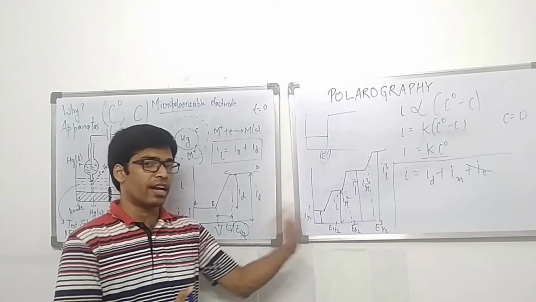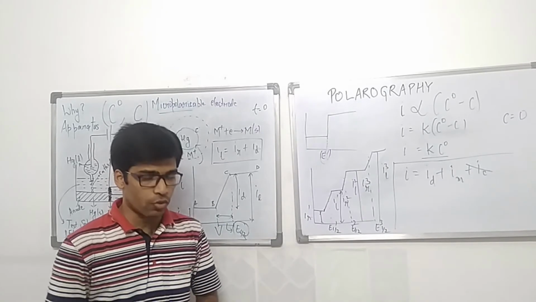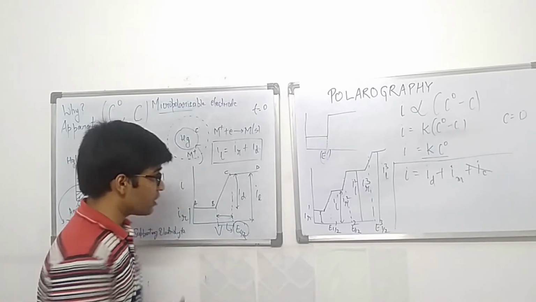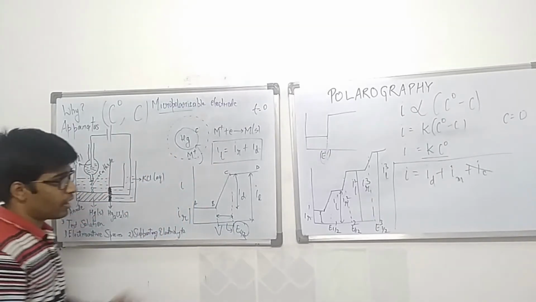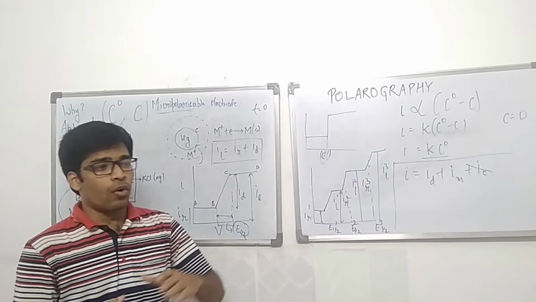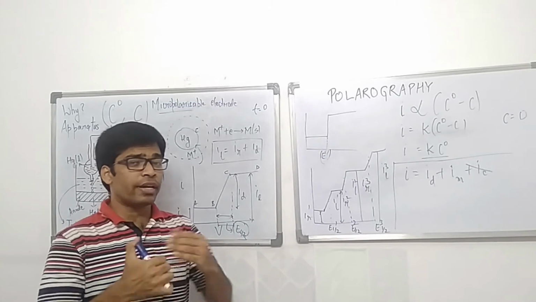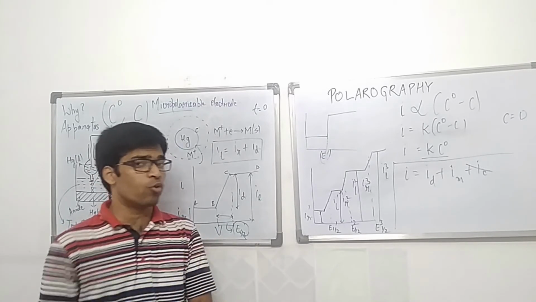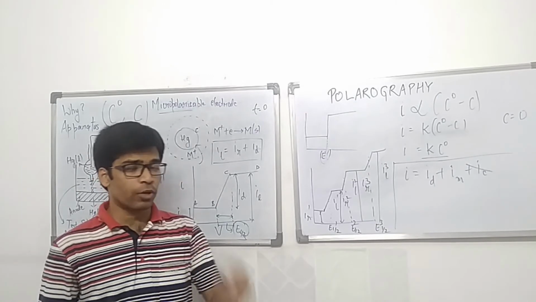Positive ions will flow to the negative electrodes, and negative ions will flow to the positive electrodes. Now, because of the movement of these ions, there is a current generated, and that current is different from the current that you are looking for, that is, different from the limiting current or the diffusion current. So you don't want your electroactive species, or the ions under investigation, to be involved in this movement of ions because of the potential.